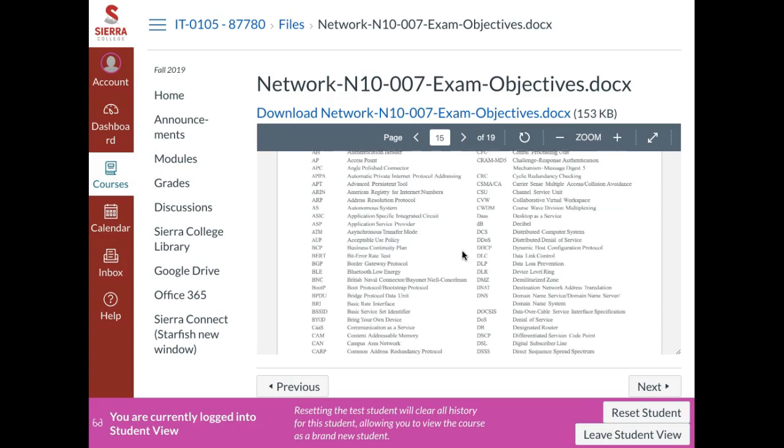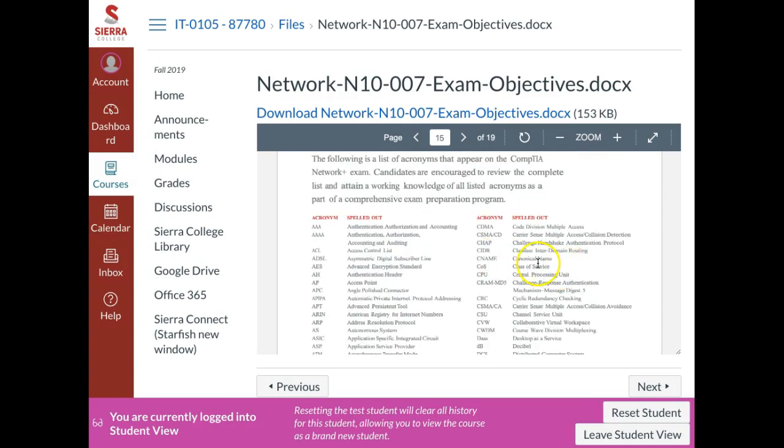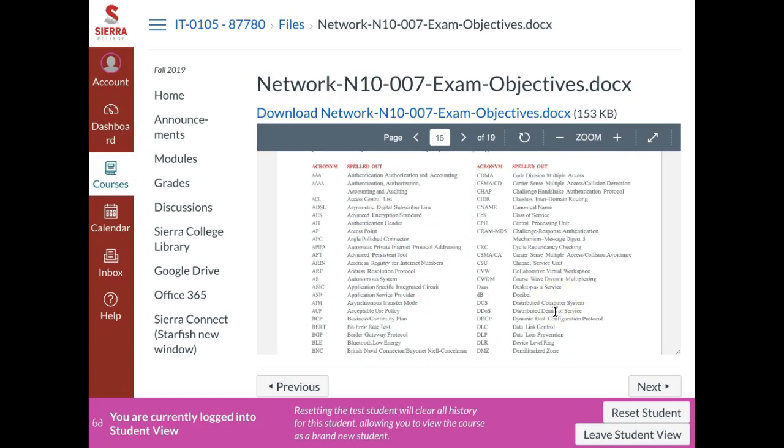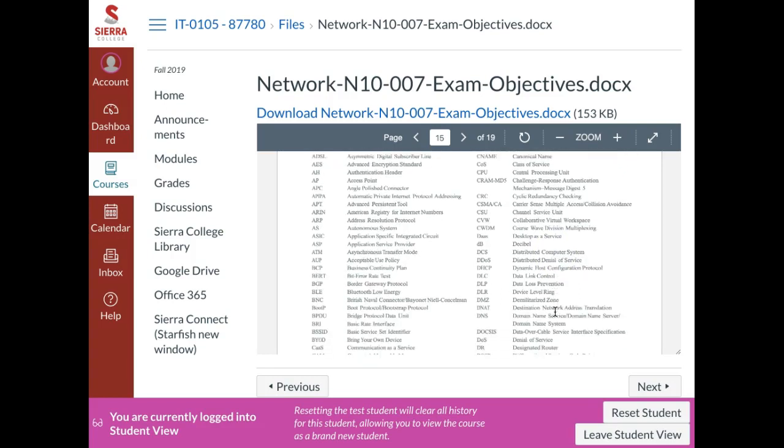So right now you may not know that a canonical name is an alias, a CNAME. You may not know right now what an ARP is, an address resolution protocol. You will by the time you're done, and an ACL, an access control list. The reason I make these 4 pages so important is I recommend you print these 4 pages, because when you're reading through things and you're like, what was a BRI, basic rate interface or something, you can just look